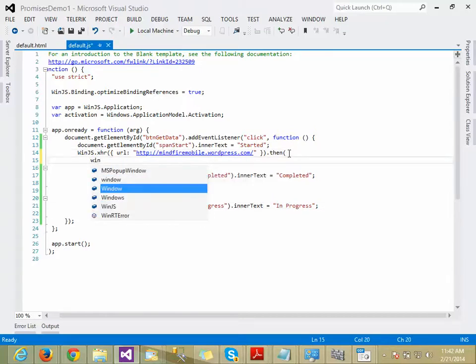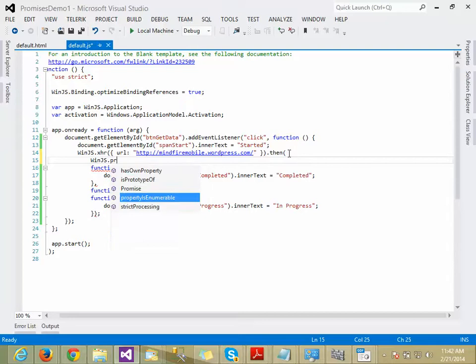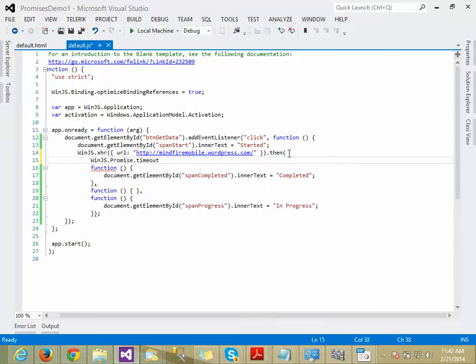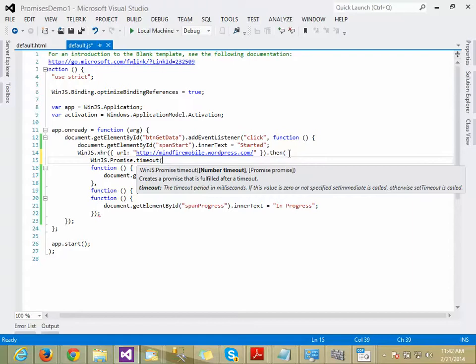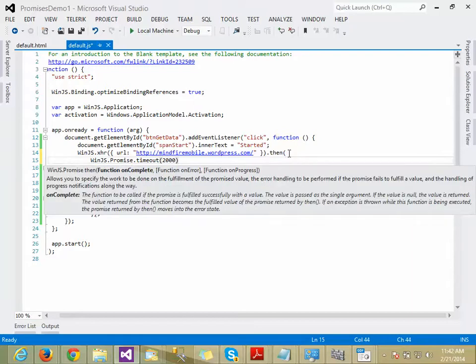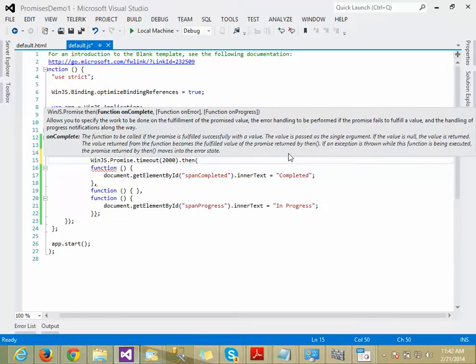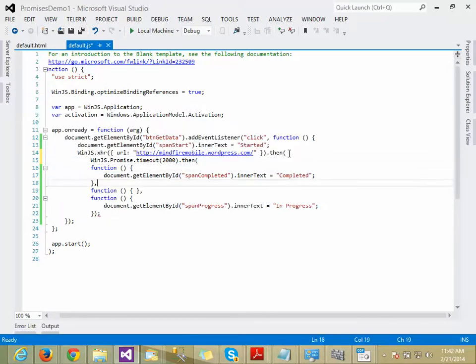I write WinJS dot promise dot timeout. In the timeout method, let me say 2000 milliseconds. Set it then.